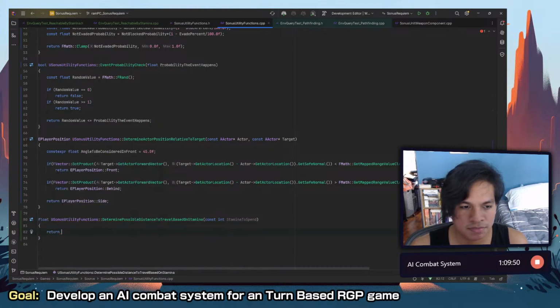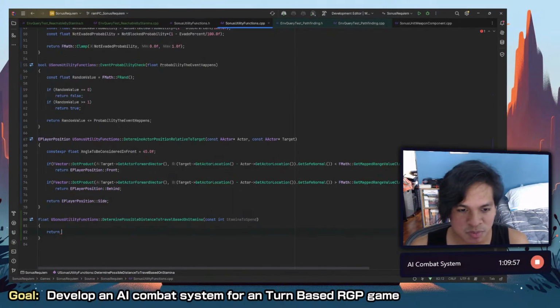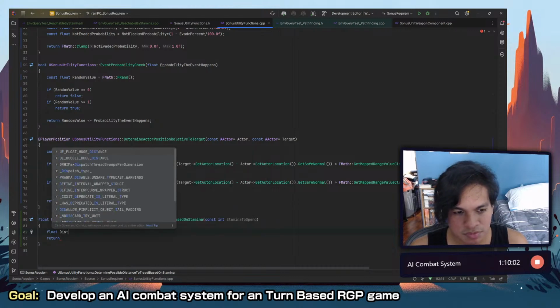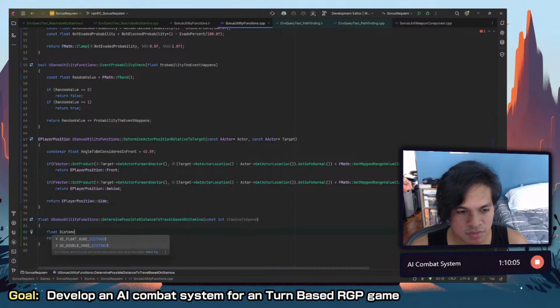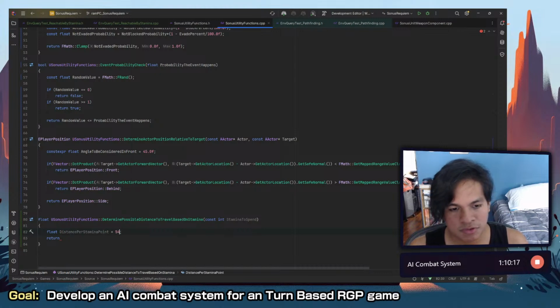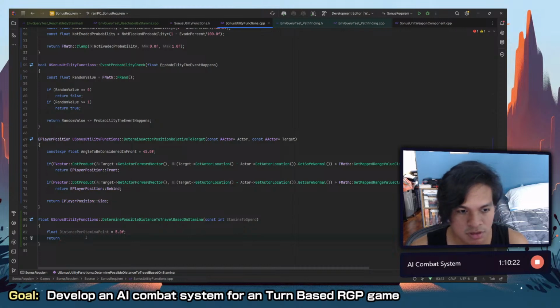Need to return something. And we have that distance per stamina point, so let's just create it here. It should be equal 5.0 f because it's a float. And this should be the distance per stamina point